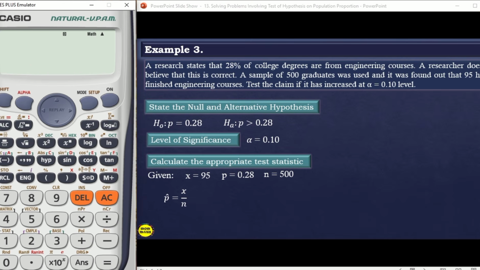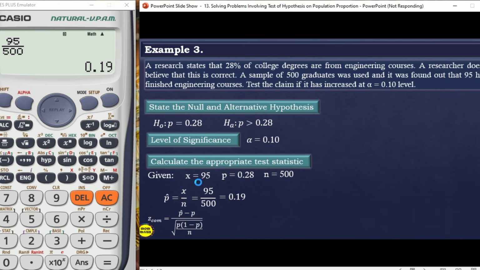So, gamit yung calculator natin dito. 95 para mas mabilis, no? 95 divide 500 equals 0.19. So the answer is 0.19 yung sample proportion natin. And then para ma-compute natin yung computed value natin, gamitin natin yung formula by substituting all the given data. So ang mga given natin